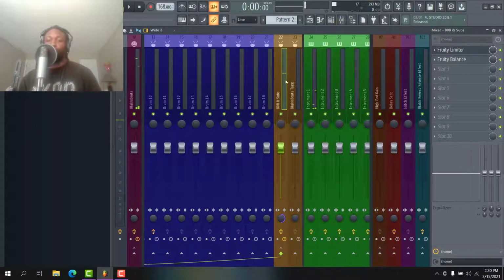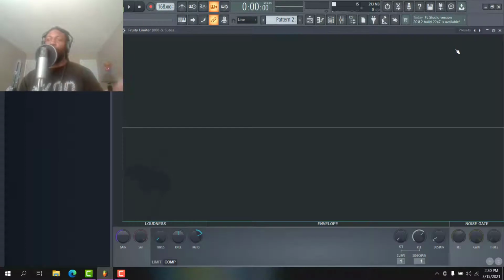No. The compressor, or the Fruity Limiter, is only responding when the kick is playing at the same time that the 808 is playing. So what it's doing is ducking, it's turning the volume down at that exact instance that they are playing on top of each other. So that's why the adjustments you make with your threshold are solely going to depend on you. But as you can hear,